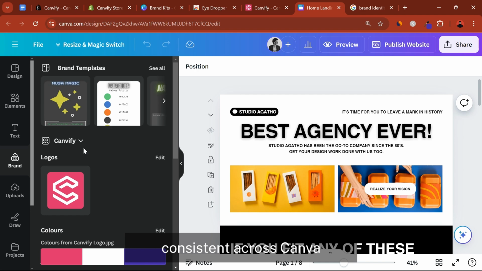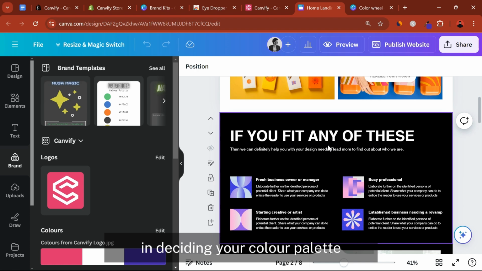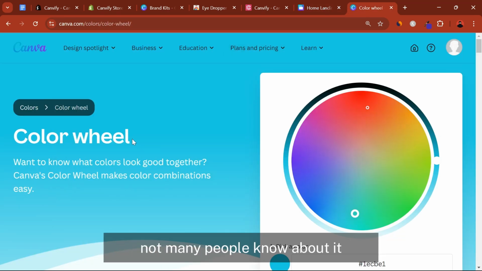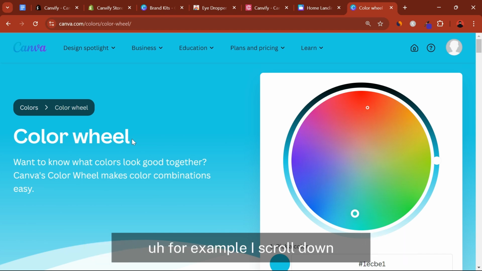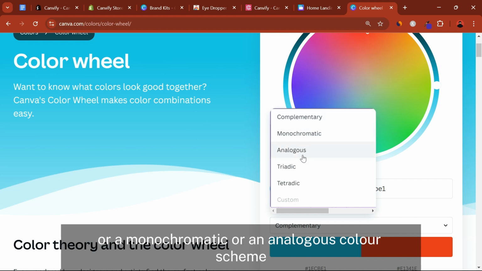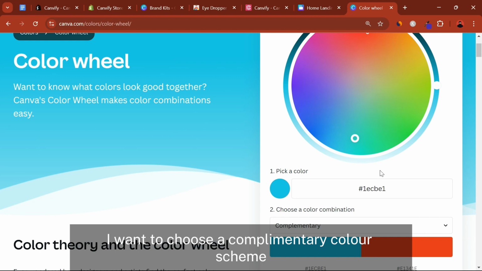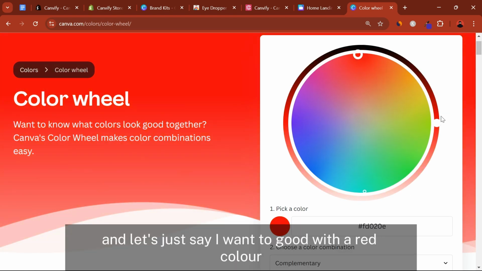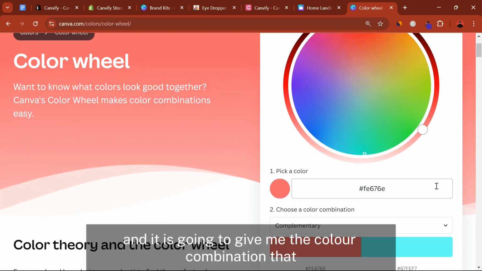consistent across Canva. Alright, another cool thing that I want to introduce to you that will help you a lot in deciding your color palette is going to be this, the Canva color wheel. Not many people know about it, but this is a really cool way to experiment with what you're doing. For example, I scroll down and I can choose a complementary color scheme, or a monochromatic, or an analogous color scheme. So let's say I want to choose a complementary color scheme. Let's just say I want to go towards a red color, but with a slightly less saturation,